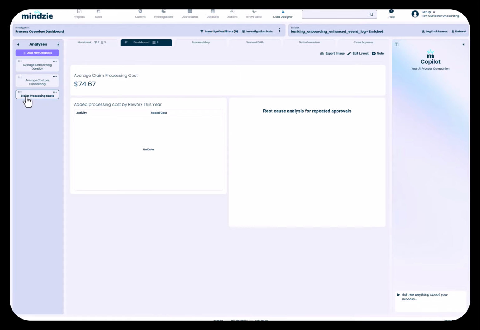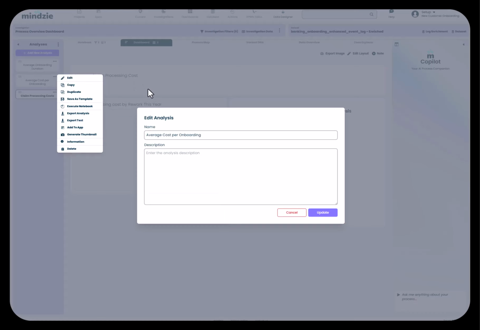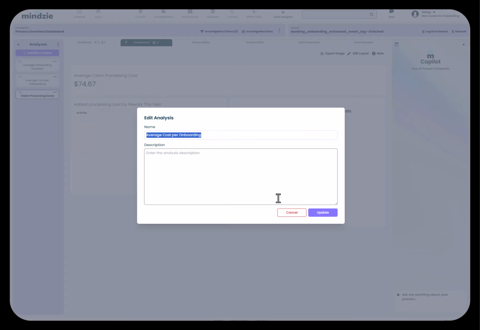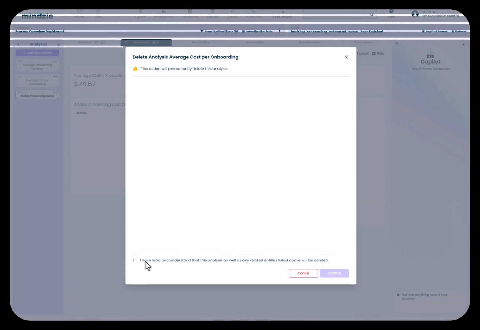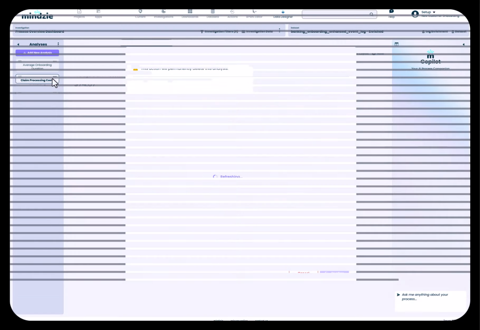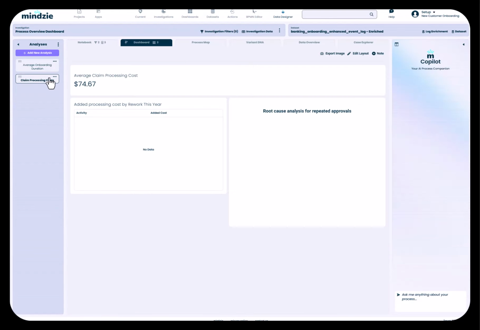So in this case, I wanted my average onboarding cost. So I'm just going to take this title, and since I've cut and pasted a configured one, I don't really need this anymore, so I'll delete it right from mindzie Studio. And this one you can see is called claim processing cost. So this has come from an insurance setup that was already done,